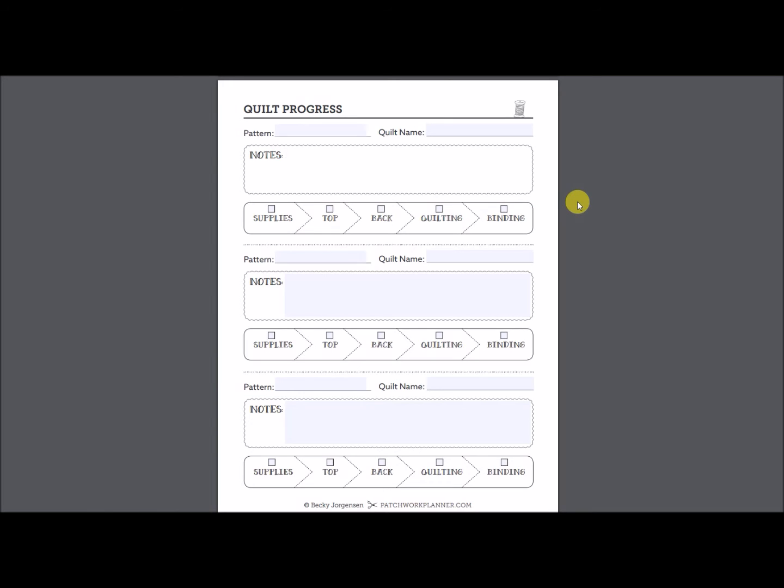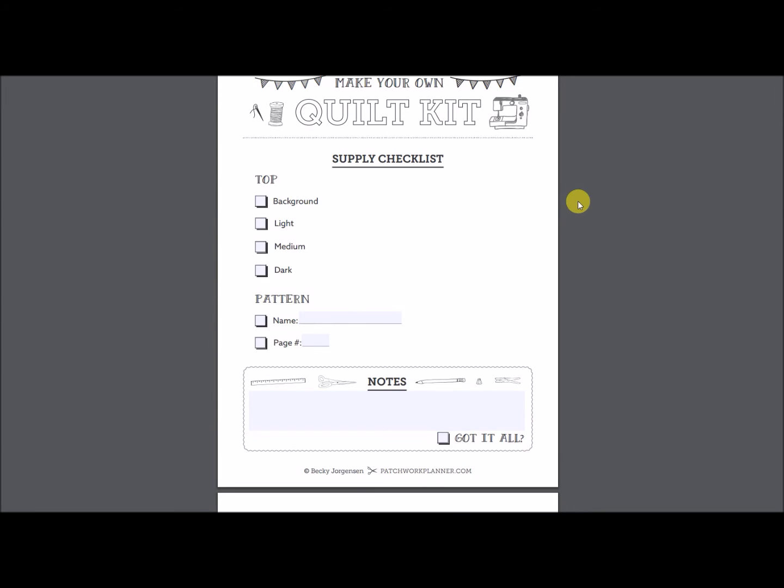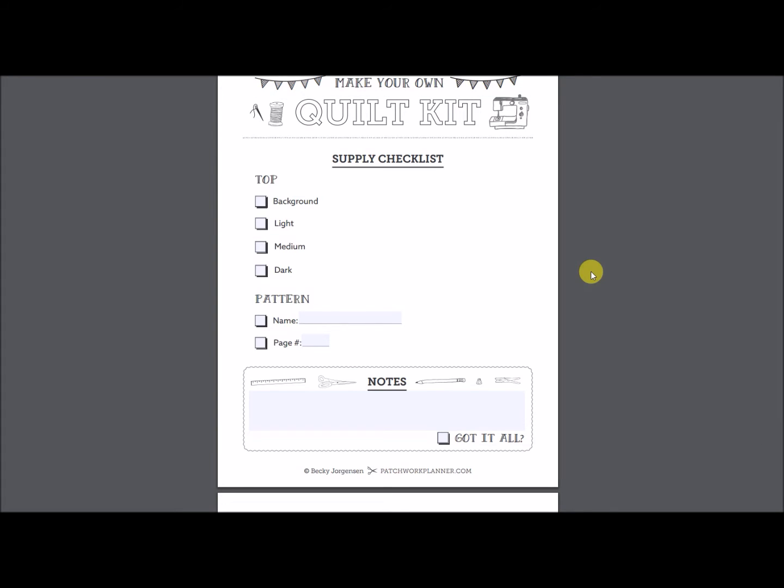So you don't have to look at the big sheet with the overall, but if you've got multiple projects going at the same time, you can use this. If you're into making your own quilt kits, this is perfect for keeping track of supplies in a bag. Everything's put together. You can track what you have, how much of it, what pattern you're using, if it's in a magazine, what page number,